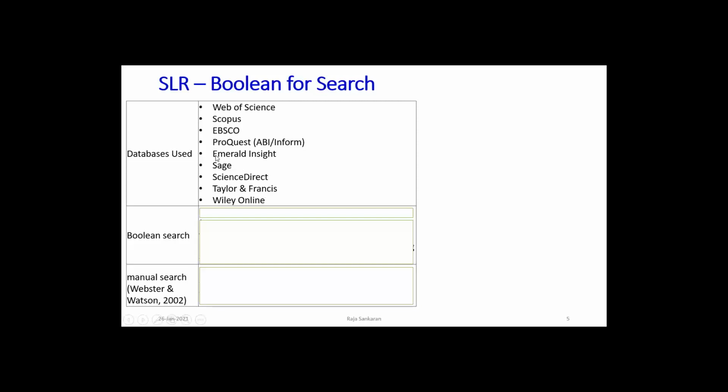And I have provided a rationale about why I have used only these and not the rest. So you need to have those validations when you do it. Similarly, some of the universities also have access to EBSCO and ProQuest. ProQuest could also be for ABI/Inform. So you could use something like EBSCO and ProQuest, but there are